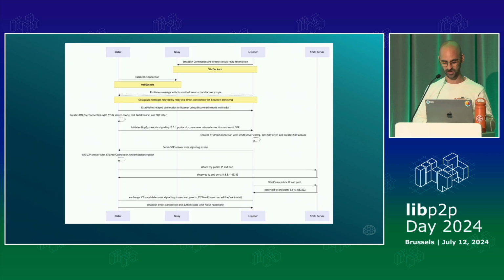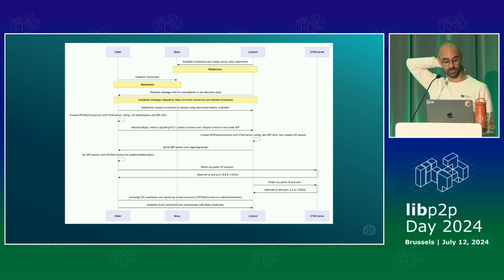So coming back to the diagram, this idea that you have, first of all, a listener. So we can think of the dialer and the listener being both browsers. The listener first establishes a connection to the relay, gets a circuit relay reservation, and then the dialer can connect to the relay, and then using the relay's circuit relay reservation connect, well, not directly, connect to the other browser via the relay. That allows them to essentially communicate with each other. Once they're communicating with each other, they can